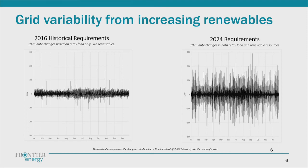But what else is happening? Besides this shift in load, the wind turbine is basically a variable speed drive generator. And solar, you've got clouds, you've got other things. And so this is the oscillation in demand that the grid sees and is trying to balance. This was their actual for 2016. This is their projection for 2024, just because of all the renewables coming on the system. So you're dealing with shifting loads, and you're dealing with a lot of intermittency, and the issues you have to solve, right? Trying to keep your sine wave nice and smooth and your frequency right is a growing